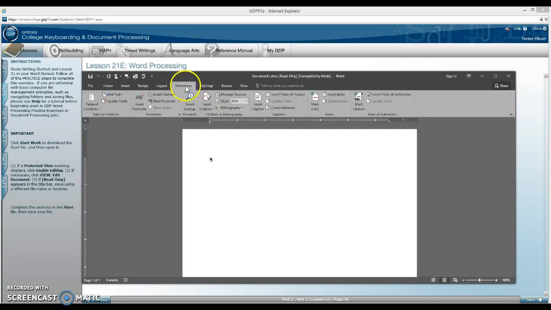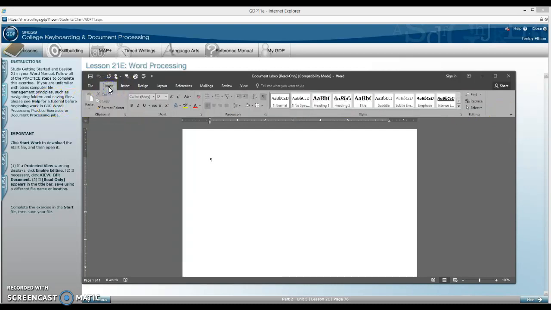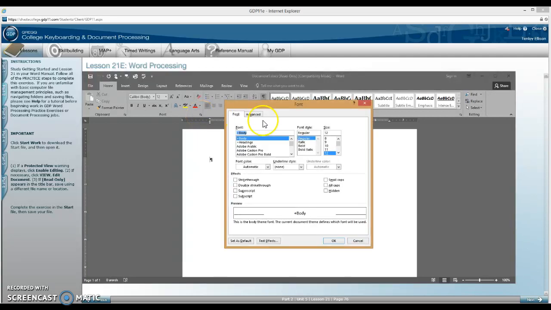And notice as I click through those tabs, there's a different set of tools on the ribbon for each of those. When I click on the Home tab, notice the font tools are available to me on the ribbon, but I can also click on that down arrow in that section, and when I open this,